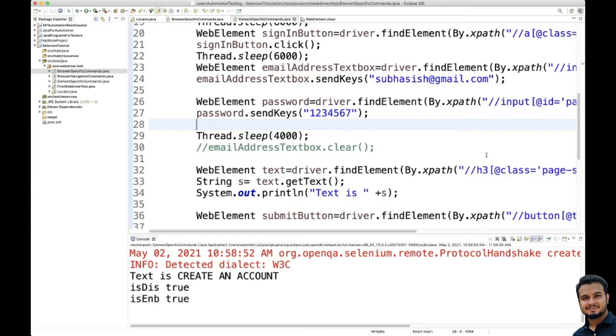Our execution is completed, and now we see the text is "create an account".